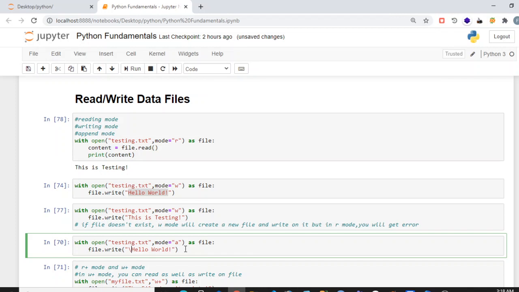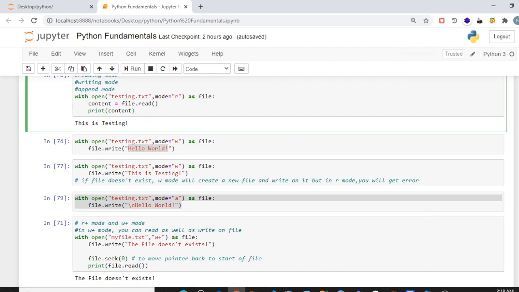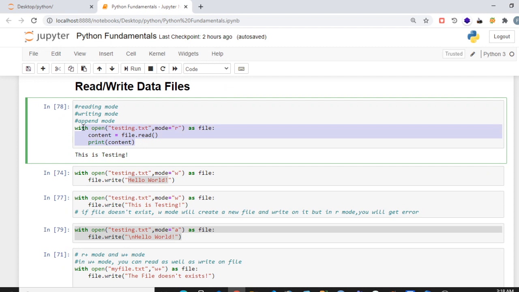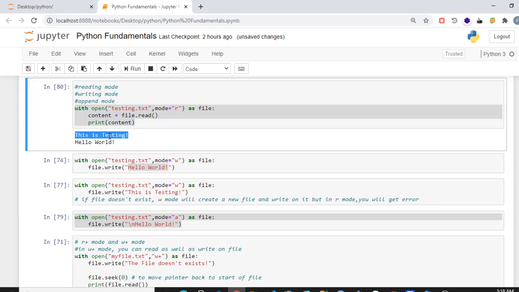Let's say file dot write, then write this thing, run this code, and now let's read the data from the file. You can see it has the previous data as well as the newly appended data, hello world, which we have just appended.